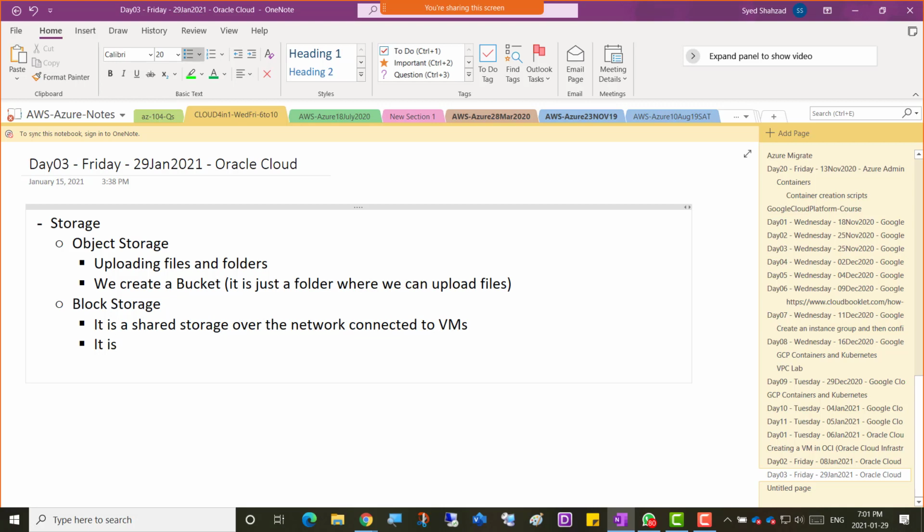It is used for high performance and lots of IOPS, input output data per second, right? So what happens is that